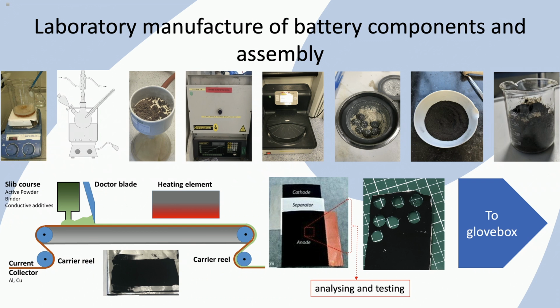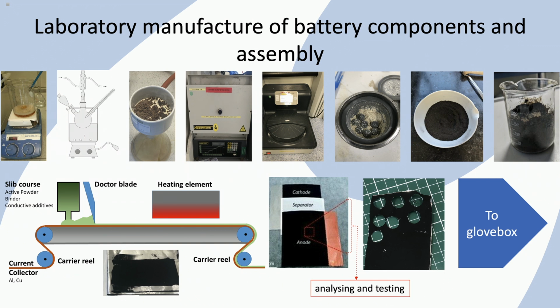For producing the laminate, the positive electrode powder is mixed with electronic conductive powder, usually a graphite, and a polymeric binder, dispersed in a non-aqueous liquid of NMP. This mixture is then casted on an aluminum metal current collector, which looks like aluminum household foil, with a doctor blade. The laminate is finished by heating to remove the NMP solvent, and we end up with a coating that sticks to the current collector.